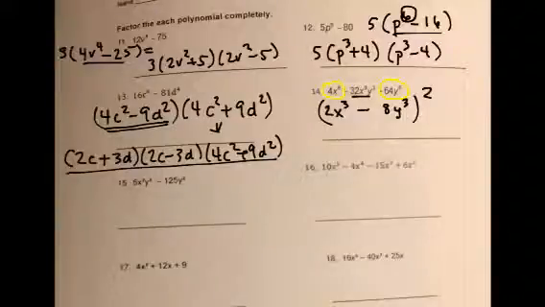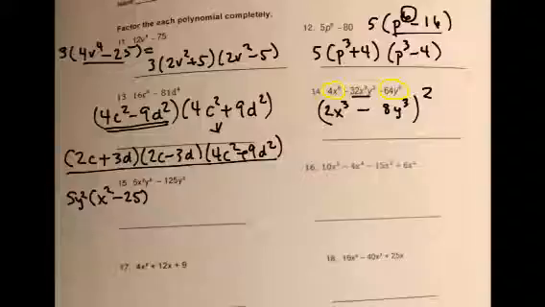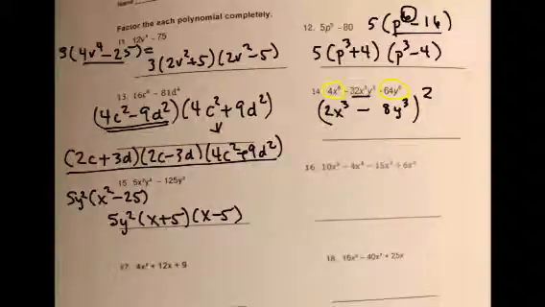Number 15 has a 5y squared as a GCF, so I take it out. And so I'm left with x squared minus 25. And this is a difference of squares, so you get 5y squared, and then x plus 5 times x minus 5. And that's it. Number 16, I have